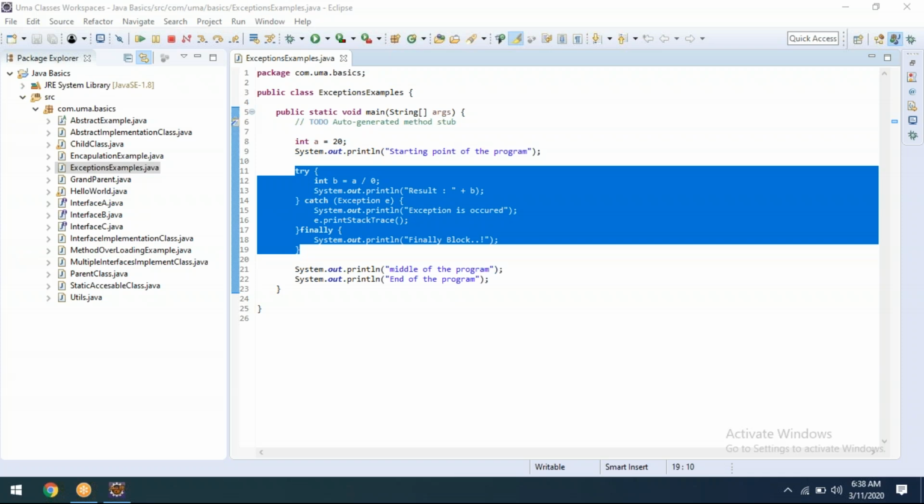Yesterday we discussed the difference between error and exception. Error and exception: when we have to raise a concern if something is there. Let's say, for example, if you are facing any software issue or hardware issue, we have to replace it. That is called an error. If you are facing any issues through programming, that is called an exception. As a developer, as a tester, as a QA engineer, we have to take care of that.